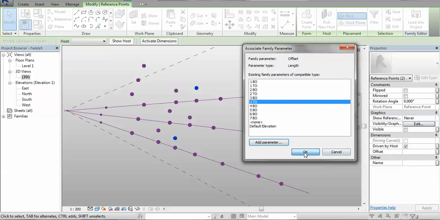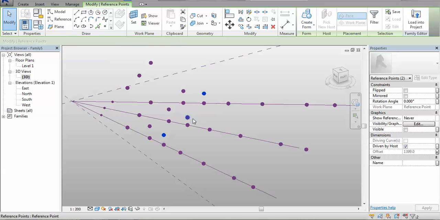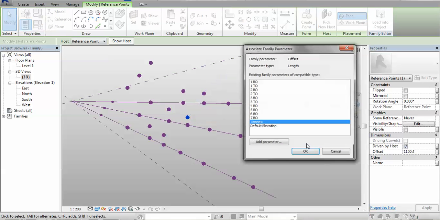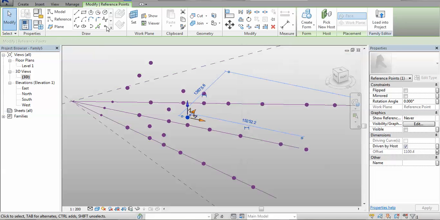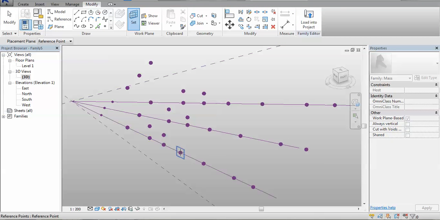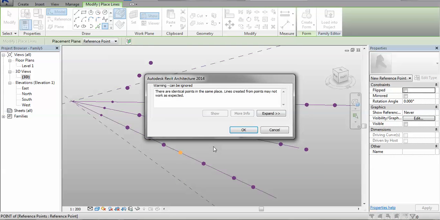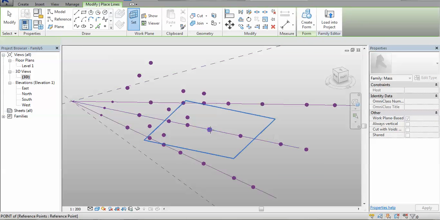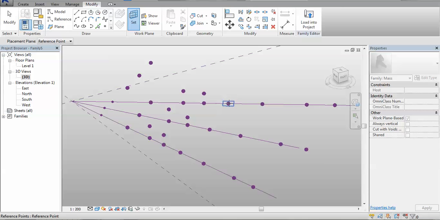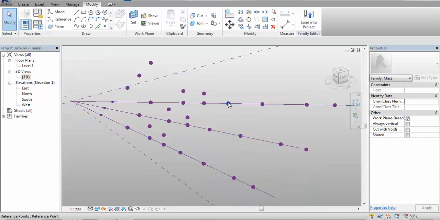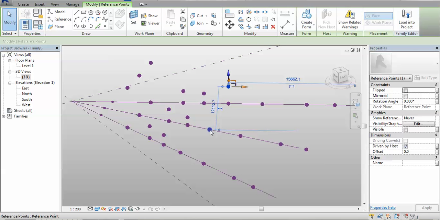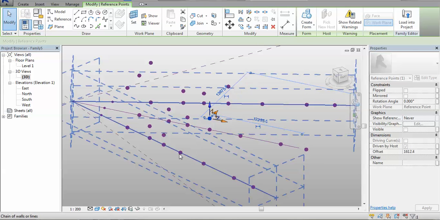But I'm not going to use this value here to do the same. So I'm going to mark this one instead, and I'm going to assign a new value to that one, and it's going to be 3 center top offset. So it's not going to have the same parameter associated with it as its brethren on the side there. And this is something I'm going to repeat throughout here. The first 2 lines I just use the same parameter for them, but then I'm shifting so that for the center line with the points on it, the top offset values are going to be different from the one that I have